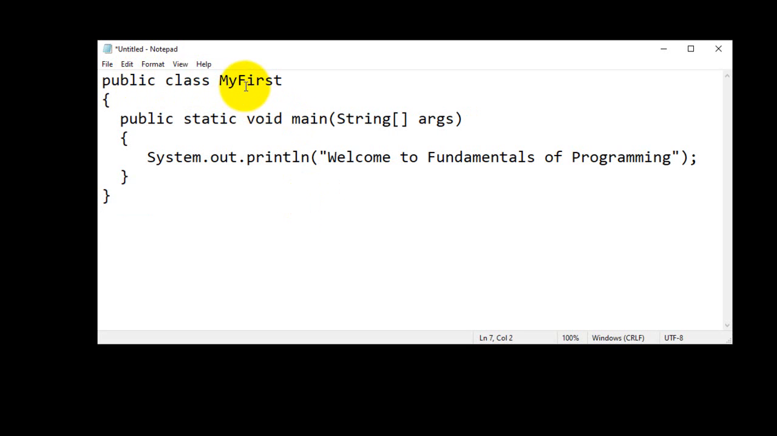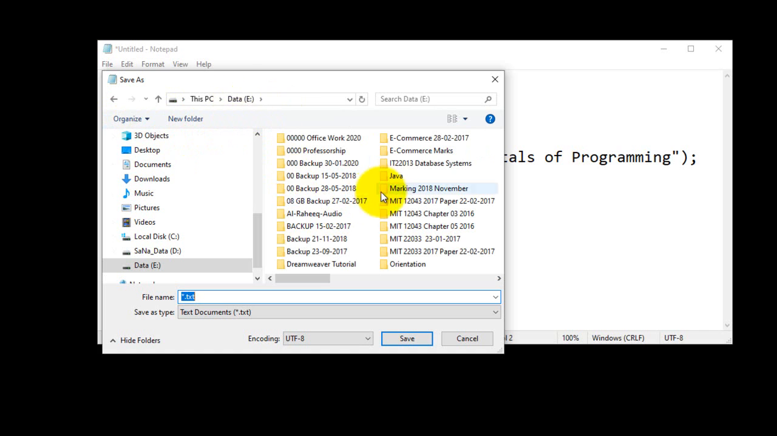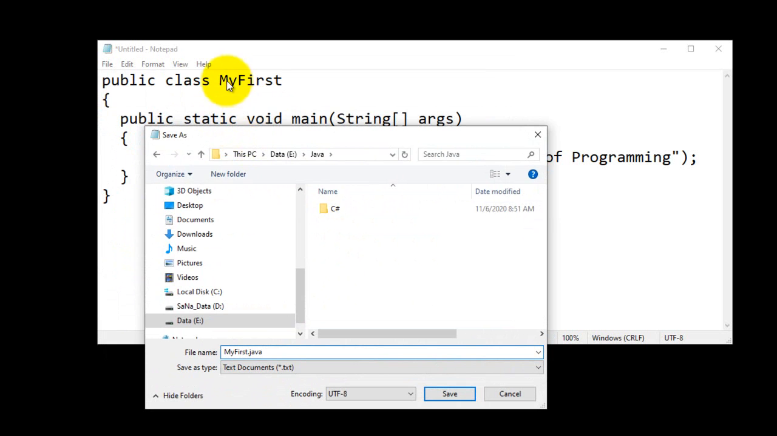Now I would like to save this. For this, I'm going to select this class name, copy, Control C, file, save. Already we have created a folder in my D drive. The folder name is Java. I'm going to paste this, Control V, dot java. Don't forget, this M is capital, here also M is capital, F is capital, here also F is capital,